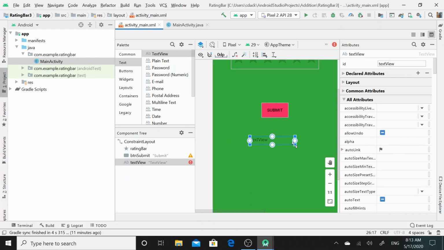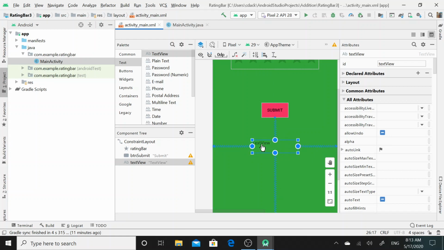I will use this UI widget to display the ratings provided by the customer. Again, I need to fix its position on this XML file. I will click on align, click horizontally, then click vertically, and I have set its position vertically as well as horizontally.